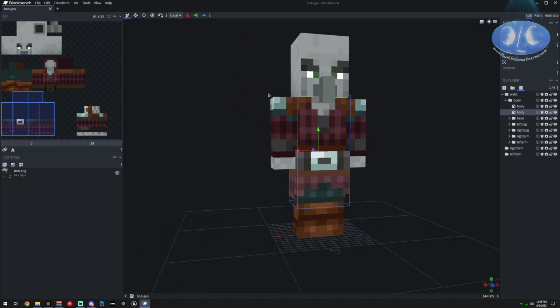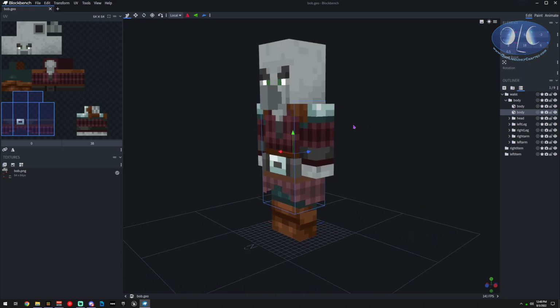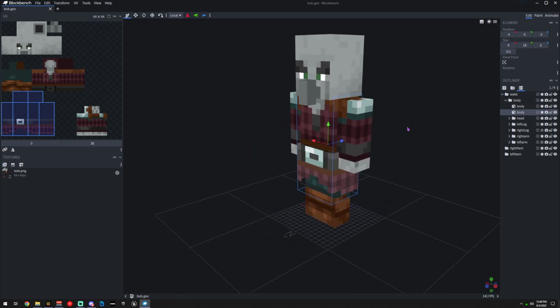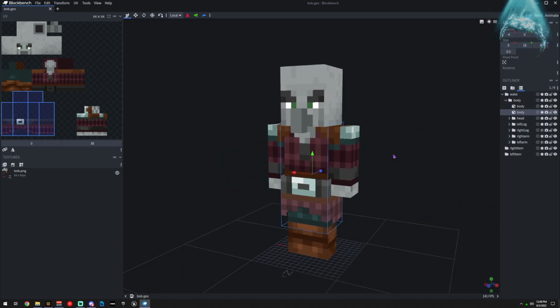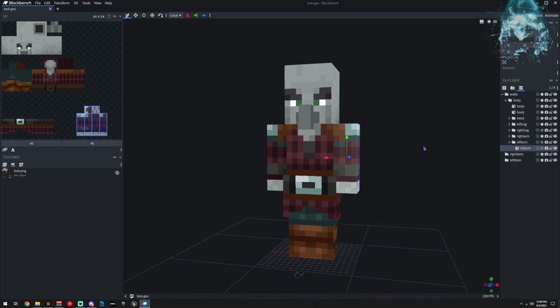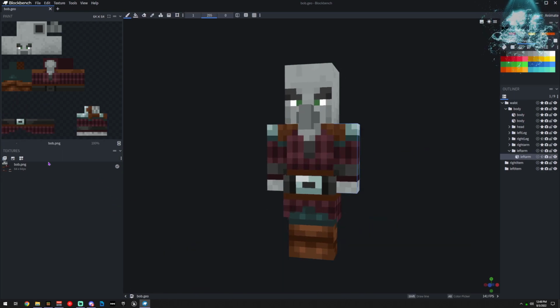So now that we have our model, we have this guy here, we can do different things with him. So let's start off with, let's just change his color just so that we know he's been modified. Oh, that was horrible. Let's do something not so dramatic.